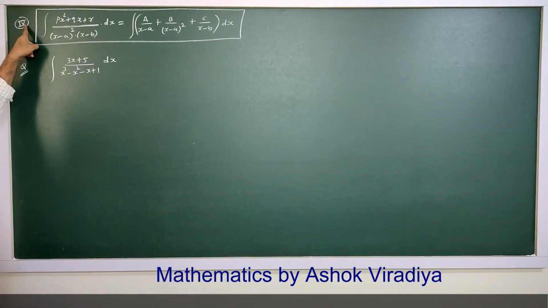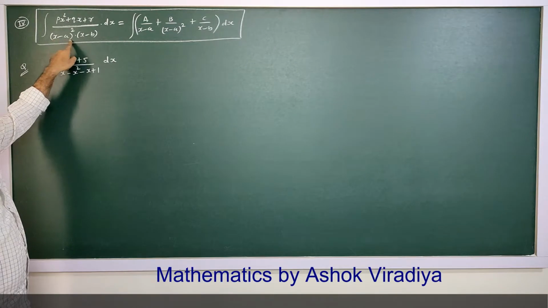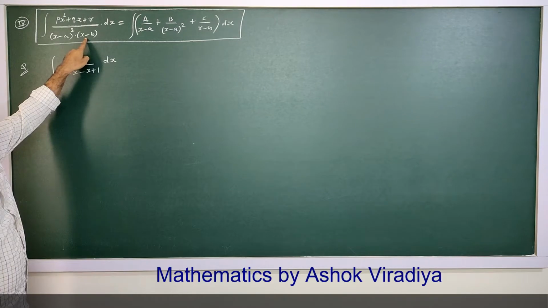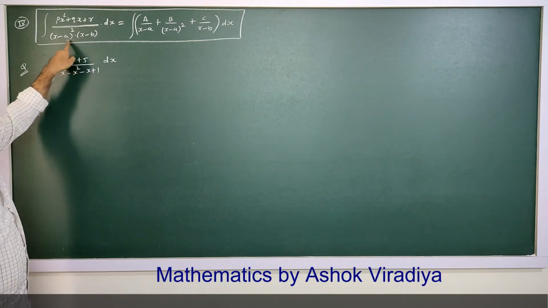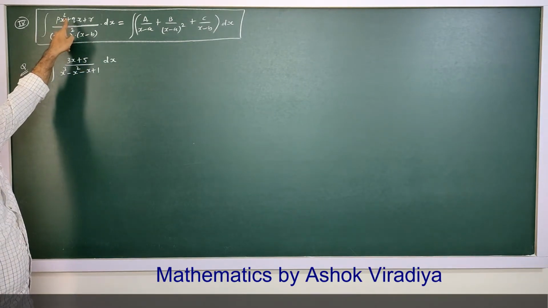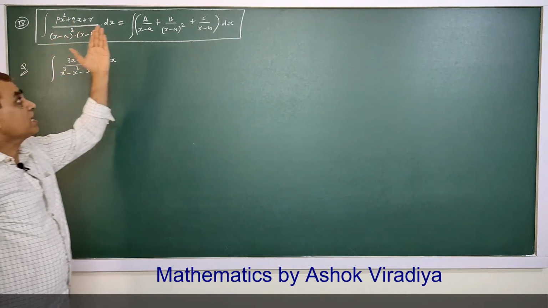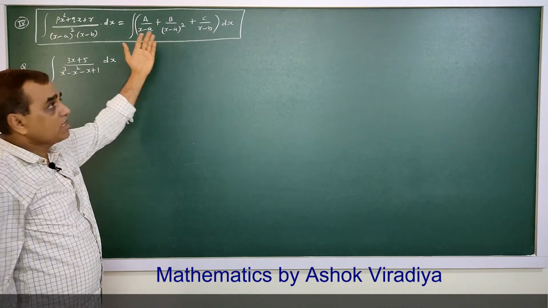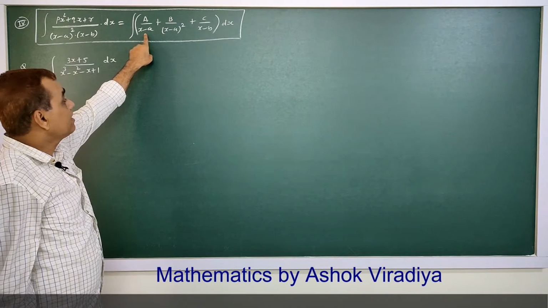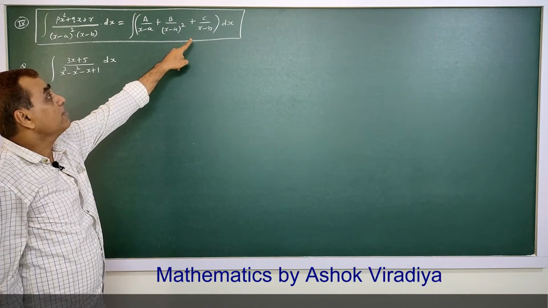Now the fourth variety: if in a denominator there is a repeating linear factor, say this is repeating, this is non-repeating, so you can see that here the degree is 3, the degree of the denominator is 3, here it is smaller, it can be 2 or 1, then it can be converted into this form. Look, this is repeating, so first of all a upon x minus a, then put b upon x minus a square, and then c upon that non-repeating.